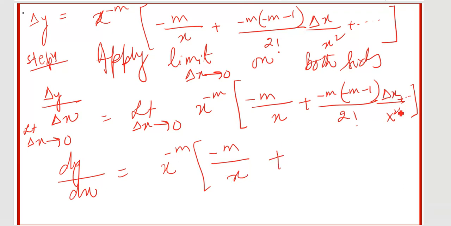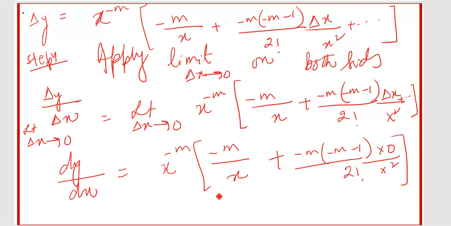But see, here is delta x. So if I will write down directly, it will be easy, right? Because if we will put, okay, I will do for you, minus m minus 1 multiply by 0, because multiply by 0 anything will be equal to 0. So this whole part will be 0. Whatever is left, we have minus m, here we have minus m over x. Right, so this one, this is equal to, I can write down here, this implies that minus m